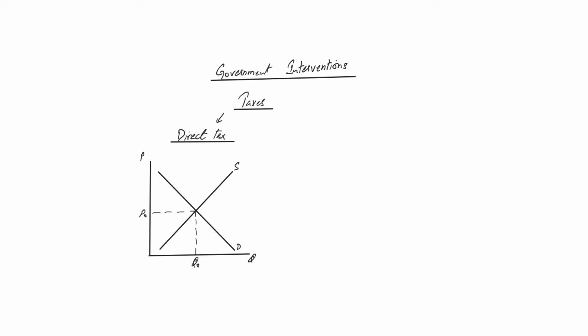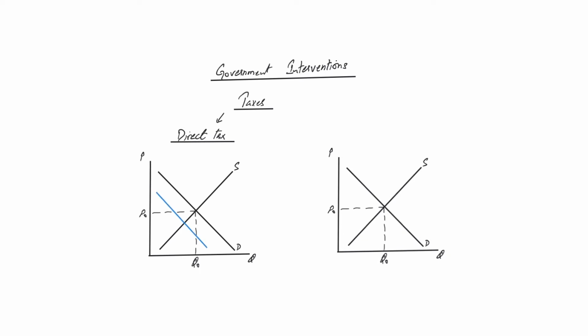And as a result of that, the demand curve is going to shift to the left for that single product, and we expect that ceteris paribus, all other factors held constant, if the demand curve falls, our equilibrium moves from A to point B, where the good's price will fall and the quantity sold or traded is going to fall as well. Simple as that. Okay. The second tax that we talk about is called an